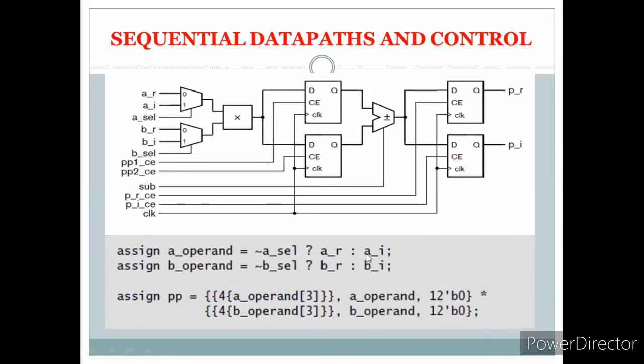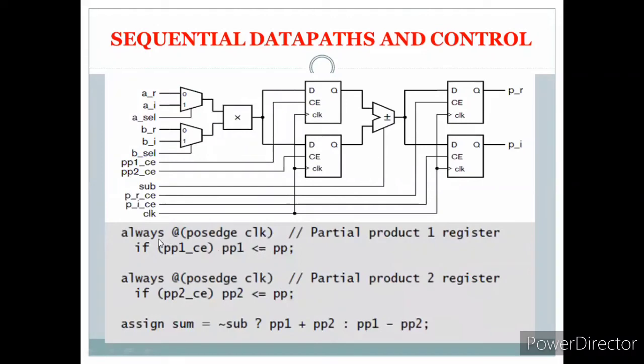Next, let us see the select operation of the multiplexer. So assigning the operand here, the A operand depends on A_select. If you observe this, if it is 0, select A_R, if it is 1, select A_I. Similarly, for the B operand assignment, depending upon the select signal, if the select signal is 0, it is B_R because it is the real part, and B_I is the imaginary part. Then we need to perform the partial product of the respective bits for the A operand and B operand and store the exponential term, that is, after the decimal point, for 12 digits.